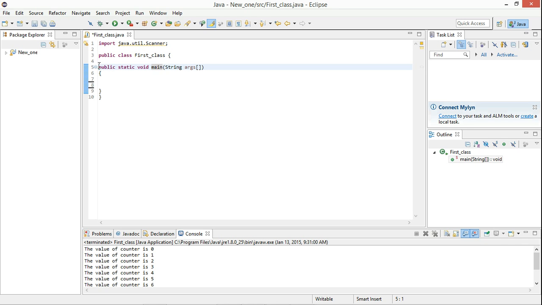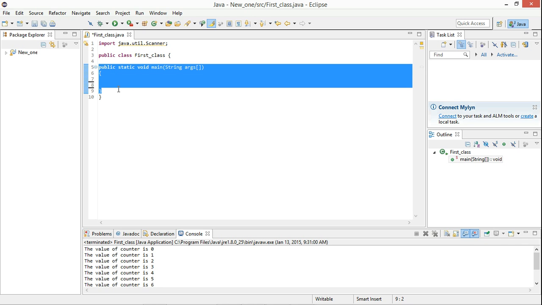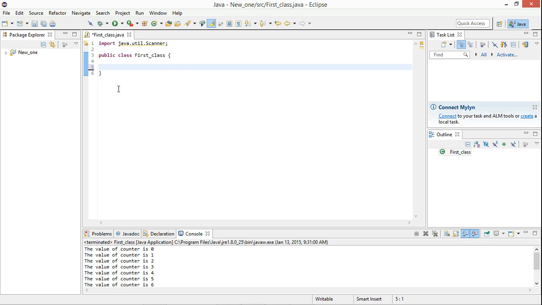But other than the main method, we have different methods. So let's say I remove this main method and explain what methods are. A method is a set of code that is referred to by a name, and that set of code is defined to do a particular job. Let's say I have a method, and this is a way to define a method: public void,